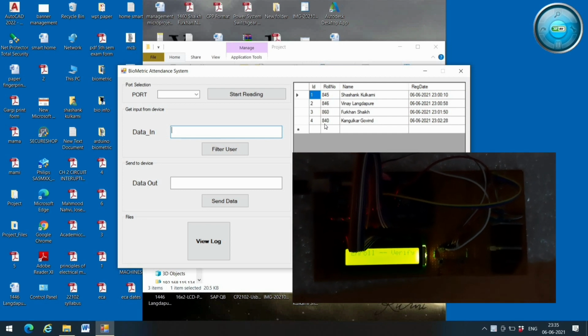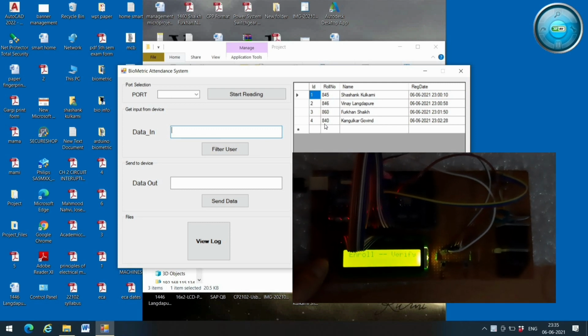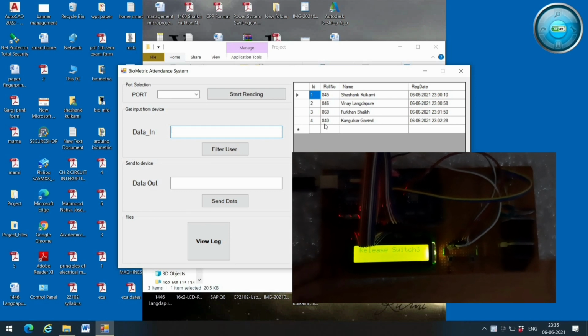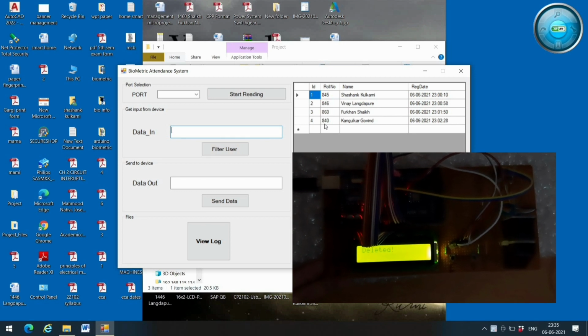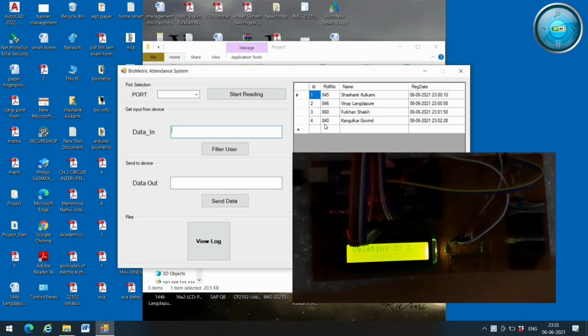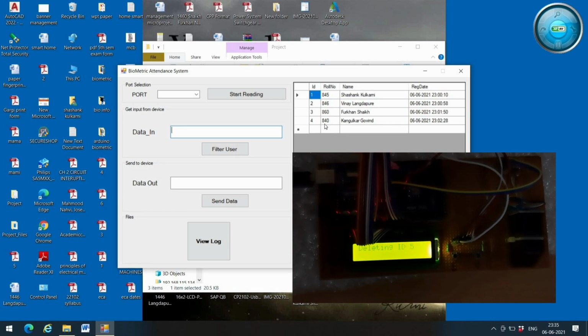To delete the candidate, long press the delete button. Now release the switch. Deleting ID 1, deleting ID 2, deleting ID 3, deleting ID 4.